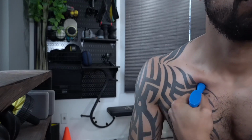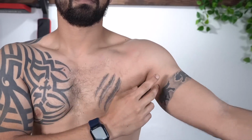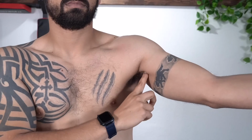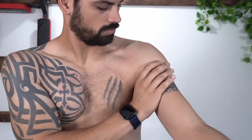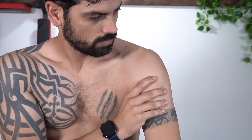And this one actually brings me into the third muscle, the coracobrachialis. Now to locate this muscle, all you have to do is go high into the armpit and deep on the inside arm in order to locate it. It is going to be really high up there in the arm, so go ahead and just go as high as you're comfortable going. And if you want to try to locate it a little more, make it pop up, to make it contract, all you need to do is simply bring that arm in or flex it